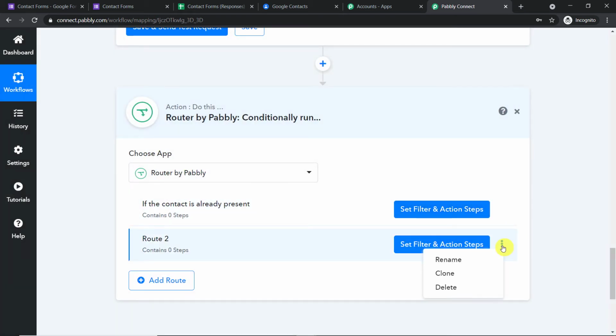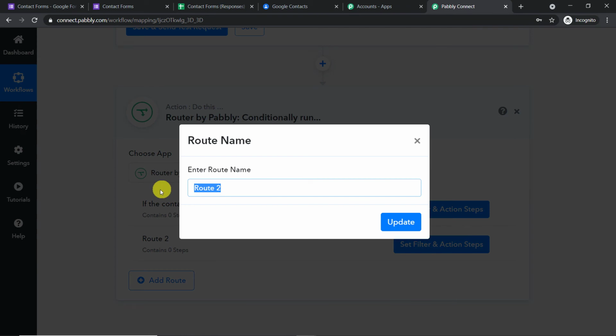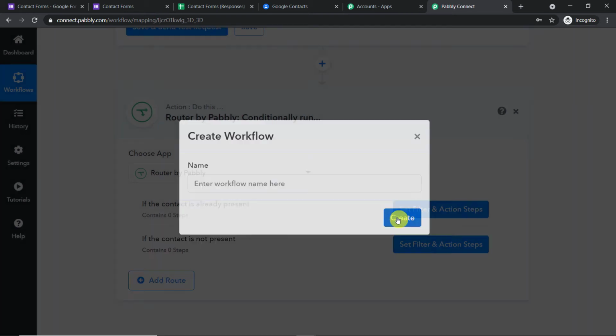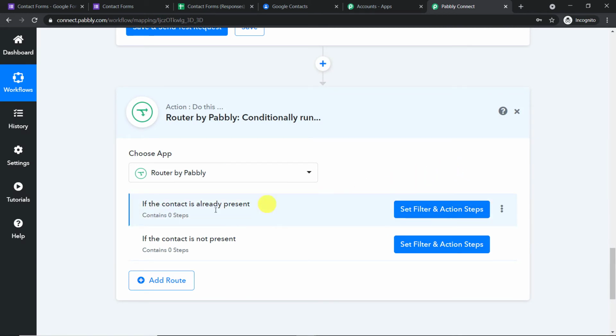And this is route 2: "if the contact is not present". These are the two conditions. Let me click on update.